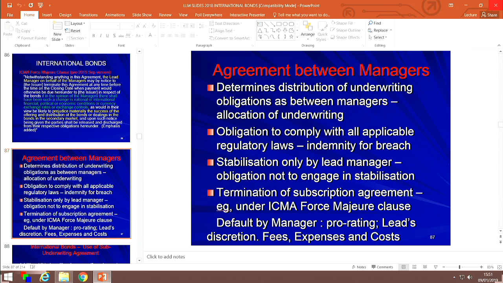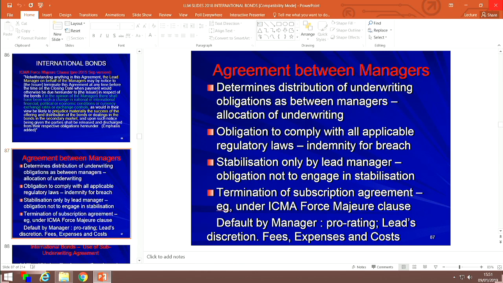So, what is the law that's applicable to this offering circular stroke prospectus? Answer, since most international bond issues, except for those to be listed in Shanghai, Hong Kong, Singapore or Tokyo, are listed in the EU, the most important regulatory law in relation to the offering circular or the prospectus is EU regulatory law. Theoretically, whether you list in London, Frankfurt, Paris, Milan, or wherever, the same rules will apply. And that is controlled by the EU's prospectus regulation of 2016.